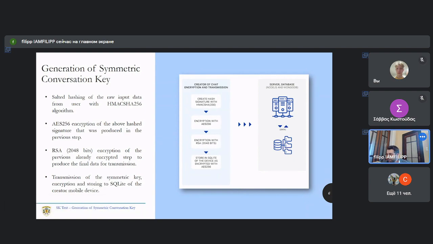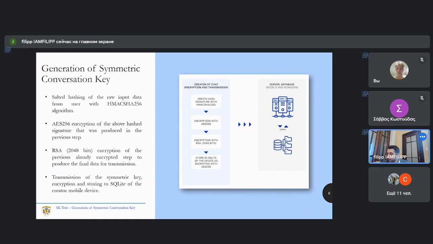First of all, when the user enters the application of the SK-Text system, the private key is retrieved from the SQLite database and is decrypted.